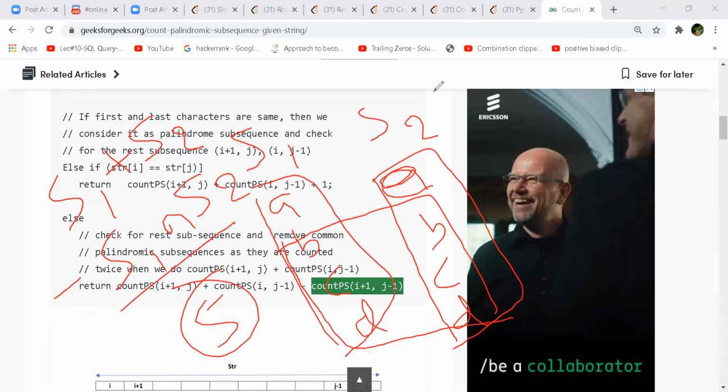Yeah, so when both the endpoints are not same, then we follow that set theory part, where we reduce the intersection part. In the first two parts, the last part will repeat. So this is why we need to subtract that part at last. Because it's a recursive function, it starts from the extreme left and right and then goes inside. So when we are coming back, we have already done that computation, so we don't want that to be included again. That is the reason we are removing it.